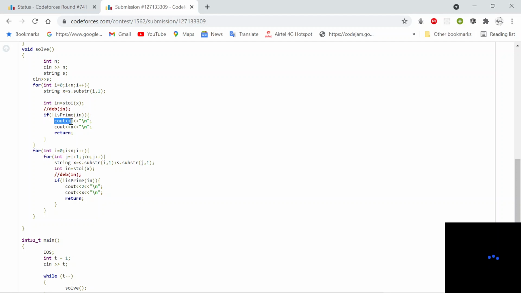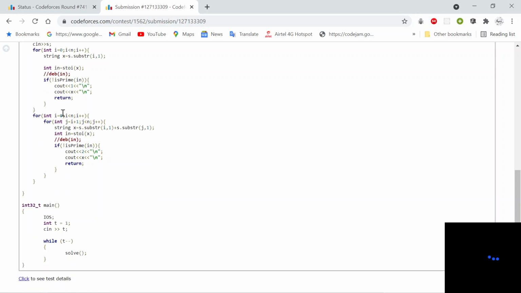So I directly print 1 and the string itself, not the length, and return from there. I don't need to calculate further, because I need the minimum length of a substring which is not a prime number.